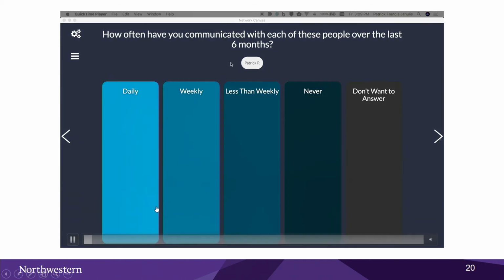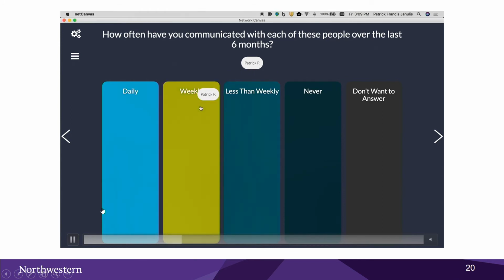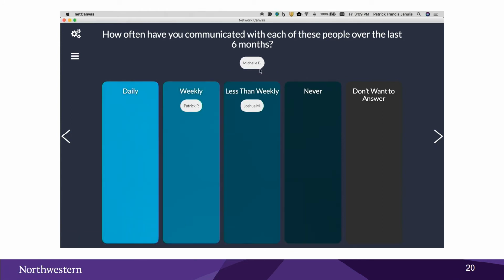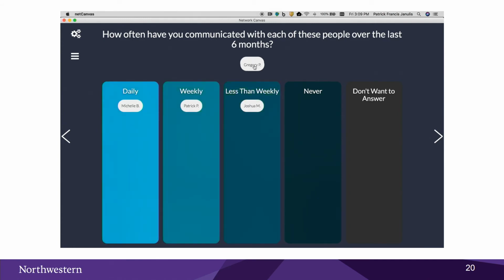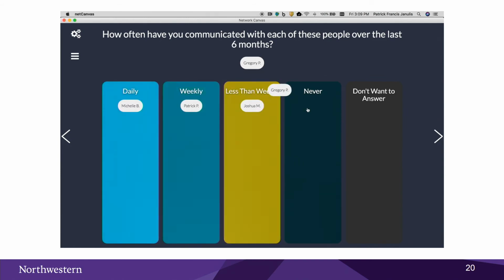Here we have what we call an ordinal bin. It's just how you describe an ordinal characteristic for each of your network members. In this case, it's frequency of communication. And here you can see you're just physically, again, dragging and dropping folks into the bins. We jokingly call this the Burkett method of ordinal binning because Michael Burkett invented it. You can see that it allows you to quickly provide this information as well as change decisions if you are comparing across different people or if you just accidentally put the person in the